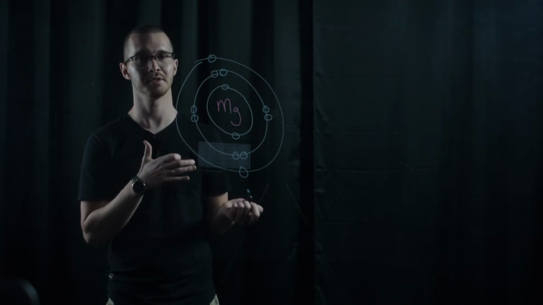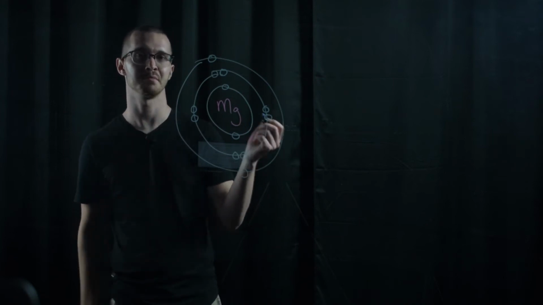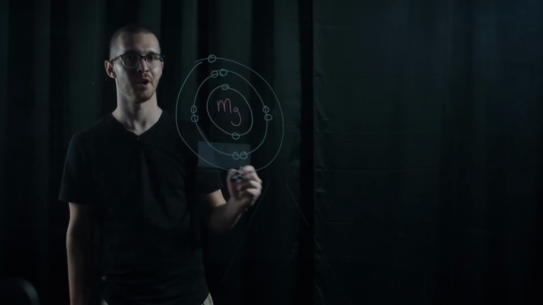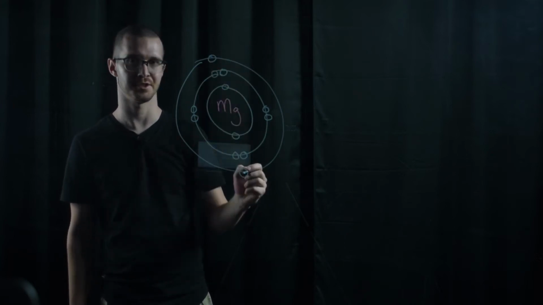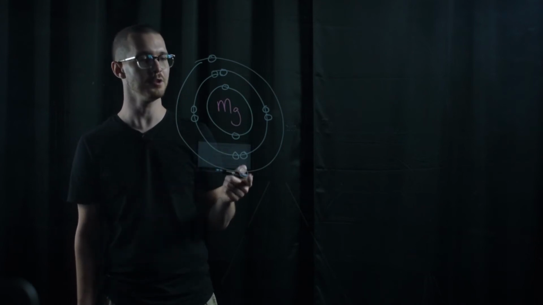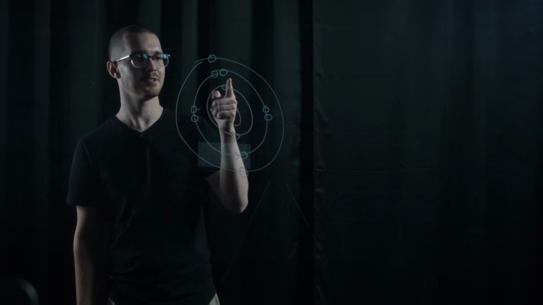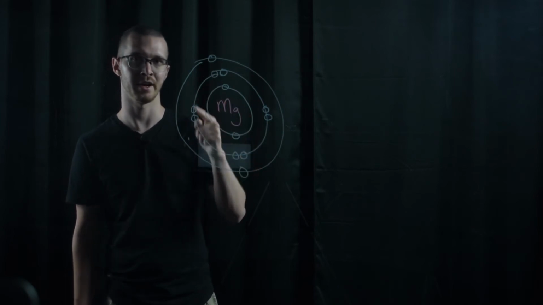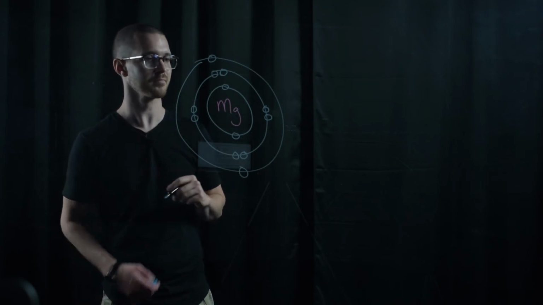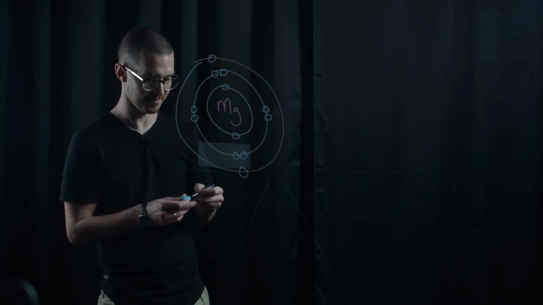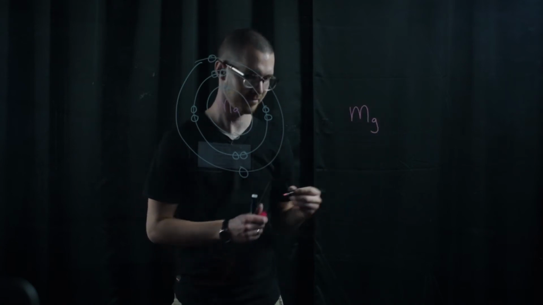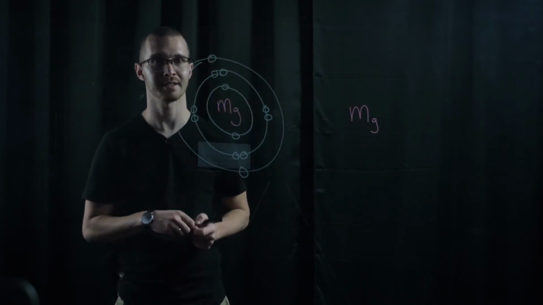We know that it can lose electrons because it has a small number of what we call valence electrons. And those valence electrons are what are on the outer ring. So it has 2 valence electrons because they are at the outermost energy level. So magnesium can lose those 2 to get down to a more stable energy level where all of the electron spots are filled. So what that looks like is magnesium